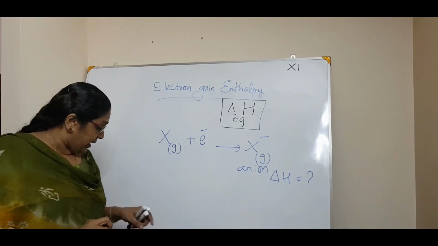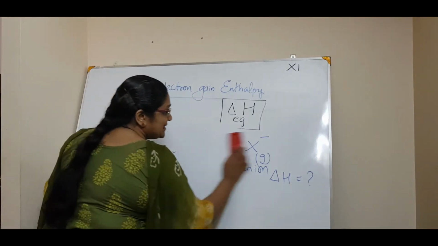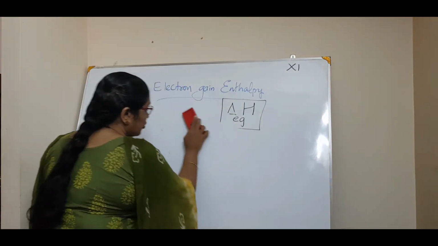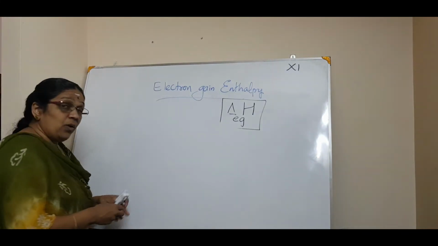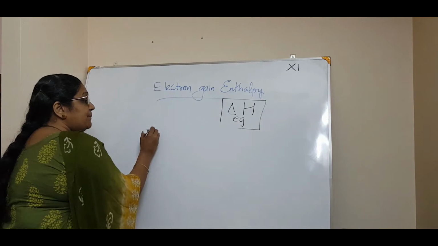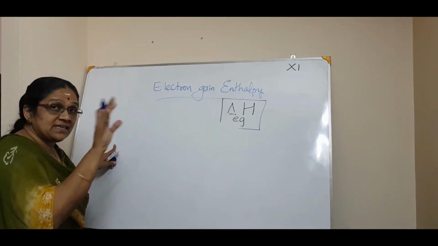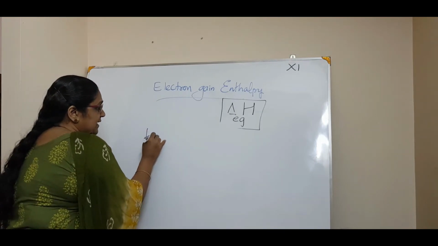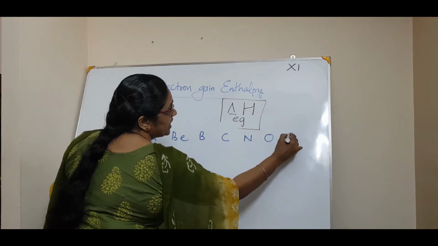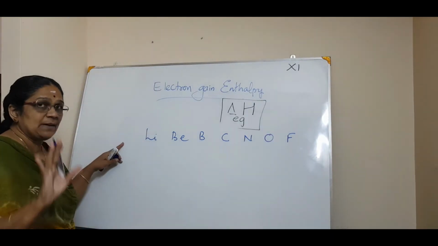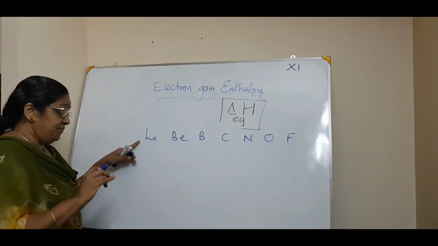Okay. Now you can see in the periodic table, this much you got it, right? You always talk about from top to bottom in a periodic table and left to right in a periodic table, isn't it? Now if you say from left to right in a PT, we will take the example, every time, of the second row, that is lithium, beryllium, boron, carbon, nitrogen, oxygen and fluorine. Just for the sake of an example, we will deal with the second period.